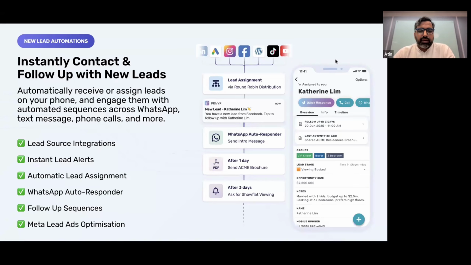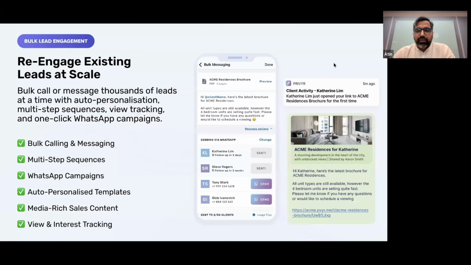And then similarly just like Facebook lead ads, it syncs everything back to Privyr, and you can do all those things. So one more interesting new launch I wanted to mention is you can also do multi-step sequences along with WhatsApp campaigns. So not just first message,